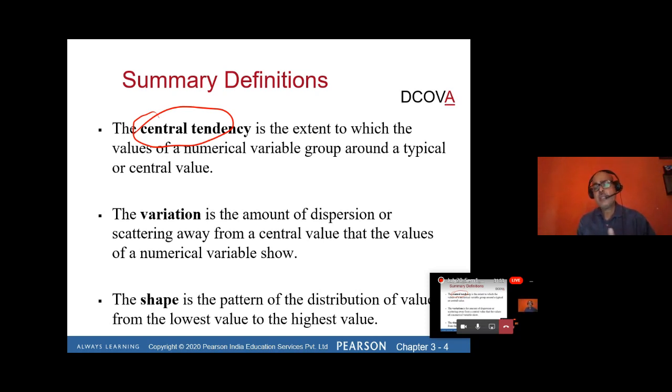Variance is the amount by which the data is spread around the center point. If you want to know the spreading of data from the center point, then you have to calculate the variation, and then variation to variance, and variance to standard deviation. This is what we will come across.